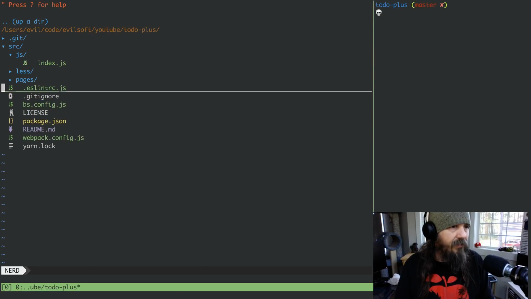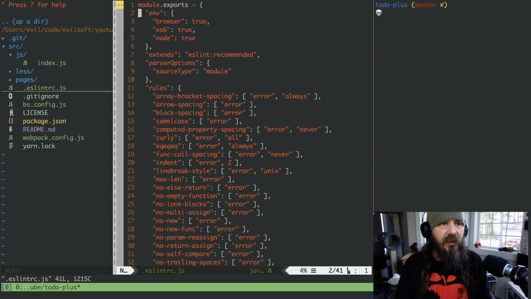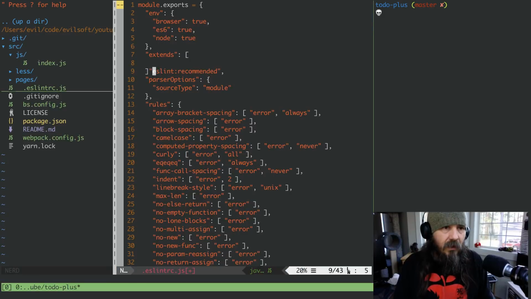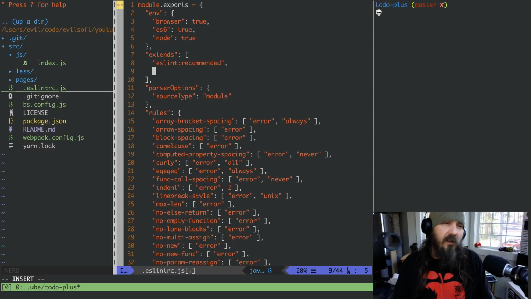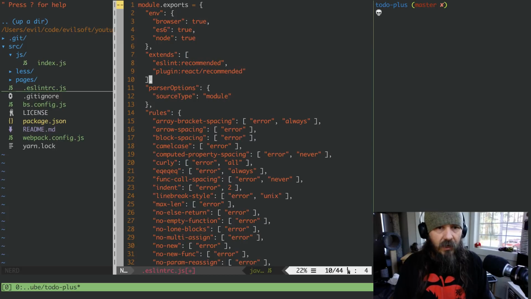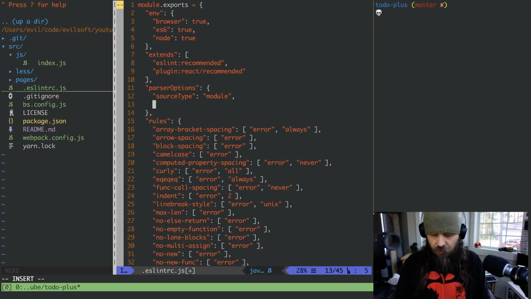So let's jump into our Eslint. This is the worst one. We need this to be an array, and we will delete to this, paste that there, do some of this. And here we'll do plugin React recommended. All right, and then here we need to do ECMA